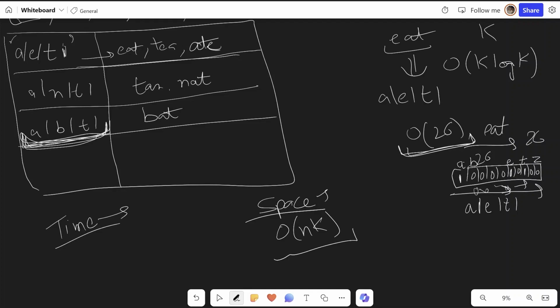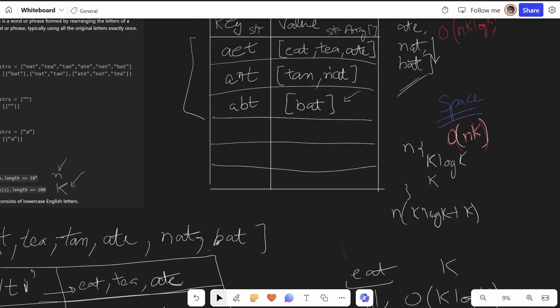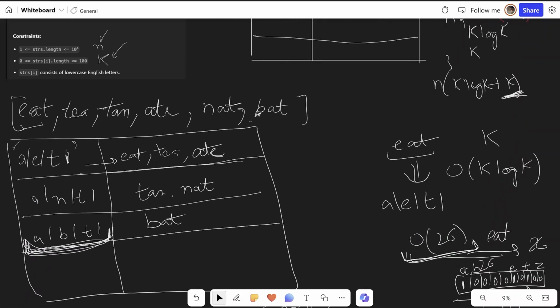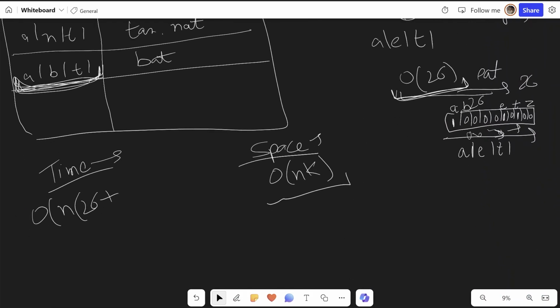And the time complexity in this case would be, we are using n strings, doing this 26 times, plus putting it in the hash map, so that would also be 26. And remember that we were adding a k here just for the comparison.